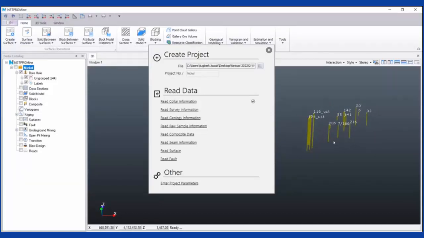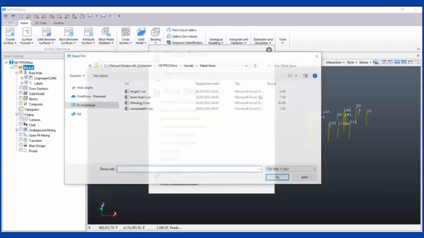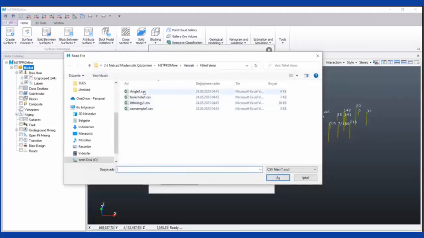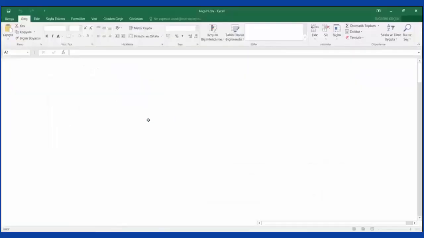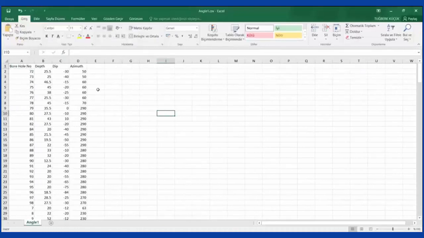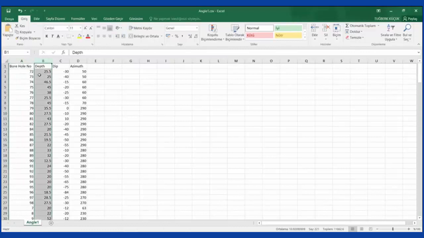So the second phase is going to be angle information. So that's why I click the survey. We are going to read the angle information for the boreholes. So in that file, again, we repeat the borehole name or number. We repeat the depth. But actually, it can